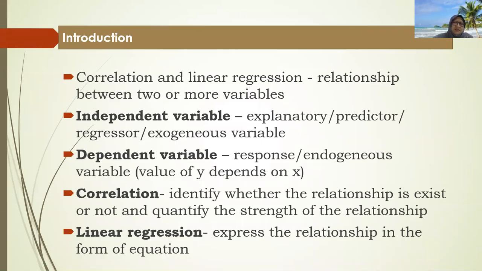Okay, in the last session, I shared with you what correlation is. Correlation gives the numerical value of the strength of the relationship between two variables. We call them the independent and dependent variable. Whereas linear regression is simply a formulation of a mathematical expression between the independent and dependent variables. Okay. So next,